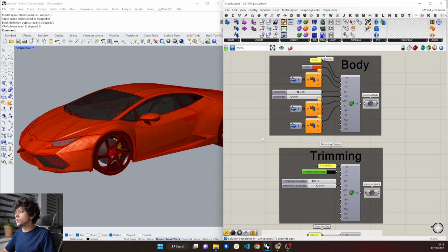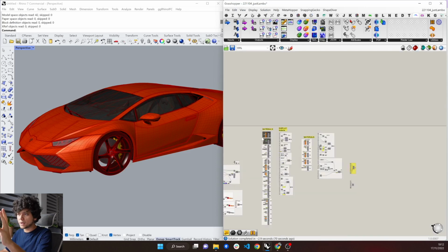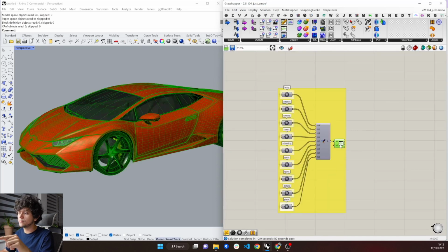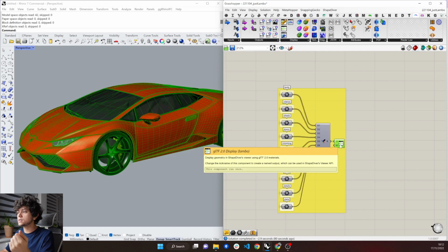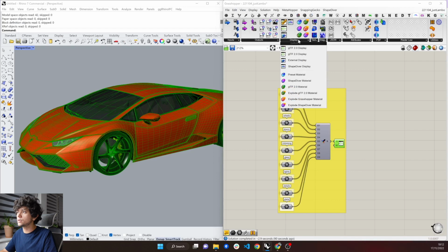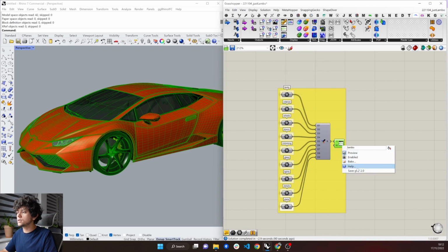And at the end of this model, we are packing all of these parametric parts and the static part of the model into a glTF. This is what we reviewed in the last video. So we can right-click in this glTF display component, which you can find here in the ShapeDiver tab, glTF 2.0 display component. I just need to right-click on it, save glTF,